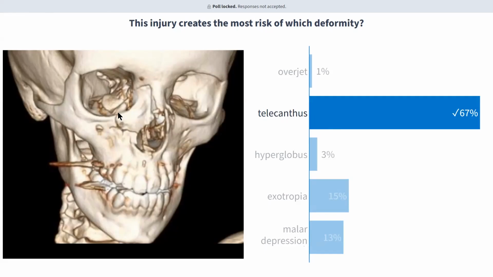floor of the orbit, up the medial wall of the orbit, and then back up. So there are a number of cardinal lines in the nasoorbital ethmoid fracture. These are classified by something called the Markowitz-Manson classification that you don't necessarily need to know, but basically there's a classification system based on how comminuted or intact this large fragment is, because that affects how surgical repair approach will